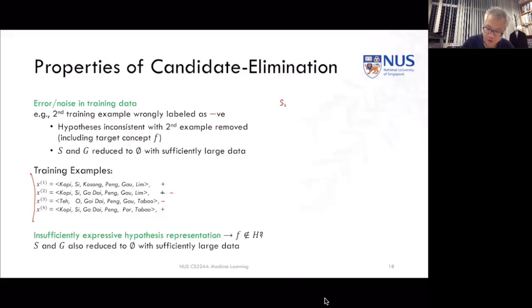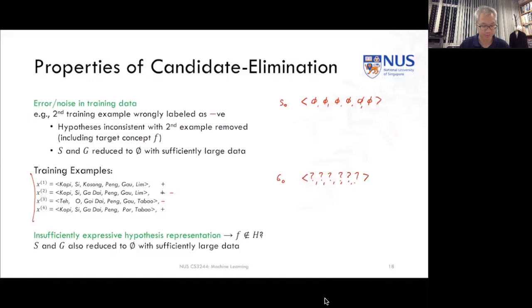Again, we're going to start with an S0 and a G0, where the G0 is going to say all drinks are okay, that the target concept enjoys all the drinks. And this most specific one is basically saying that I reject all the drinks. I don't like any drinks at all. And then the version space, which lies between these two, will contain all of the possible conjunctive concepts